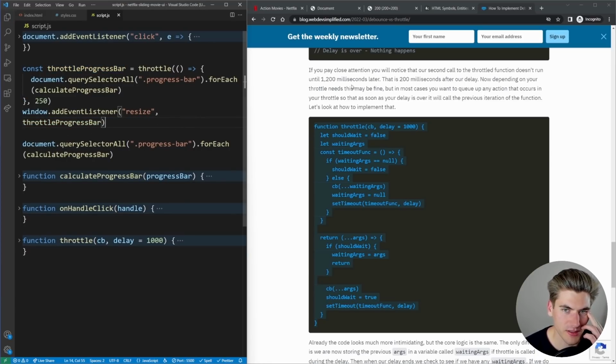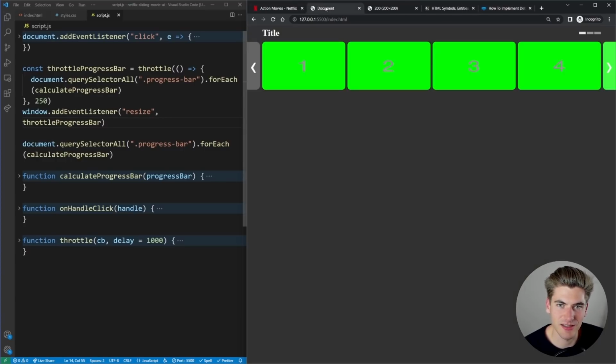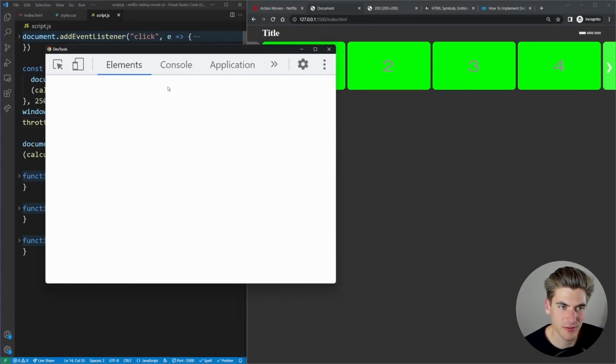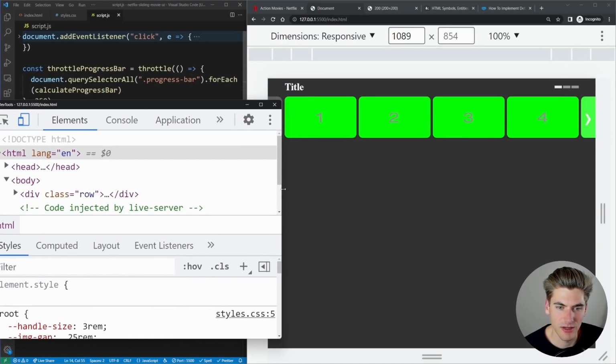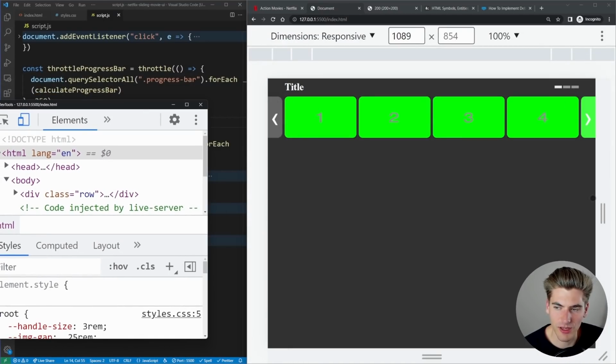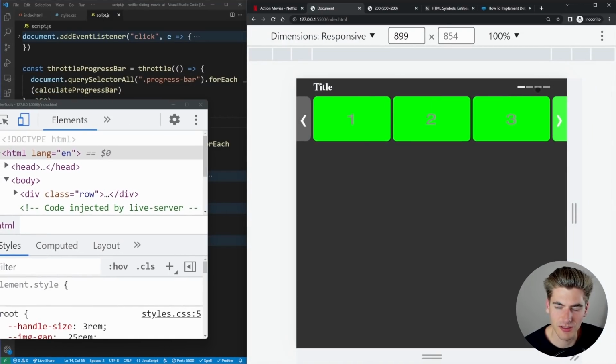That's not quite all that we need to do though. That's going to be part of it, but we also need to, no, actually that should be all of it because the CSS takes care of the rest. So now if I just inspect my page, change it into mobile mode, what should happen is, as you can see, we have 3 here. When I decrease my screen size to 3, you can see this updates to 4.